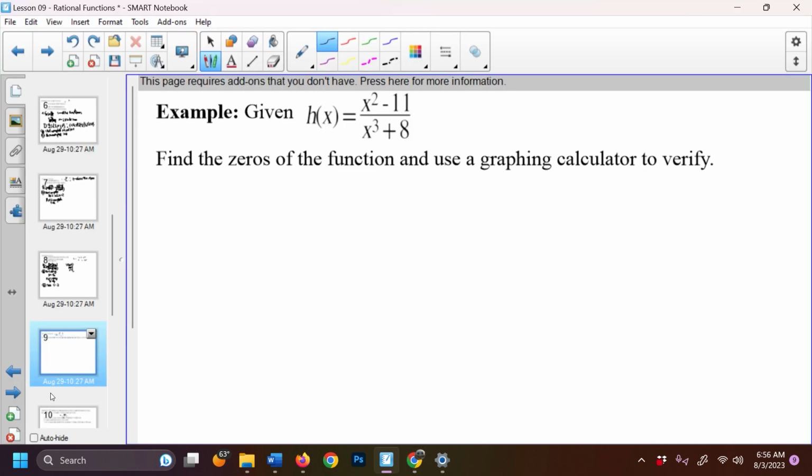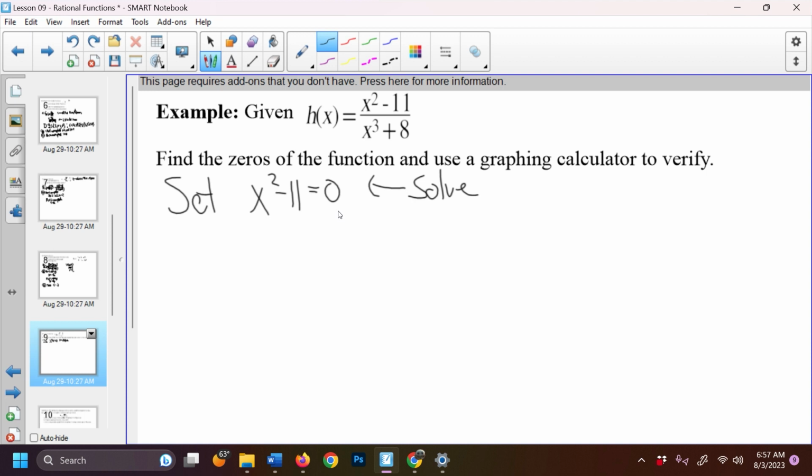Next example, given h of x is equal to x squared minus 11 over x to the third plus 8. It says find the zeros of the function, use a graphing calculator to verify. The zero of any function, regardless if it's a polynomial or a rational function, is any value for x that causes the function to be equal to 0. Now for a rational function, or any fraction for that matter, to be 0, the numerator has to be 0. So if I set x squared minus 11 equal to 0 and solve that,